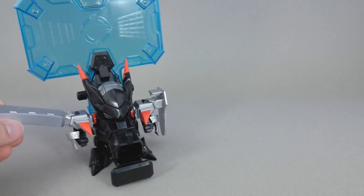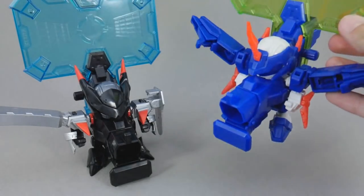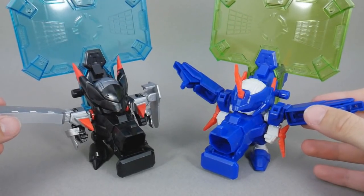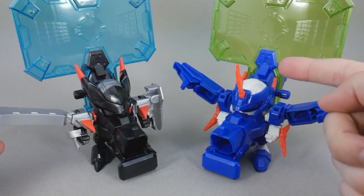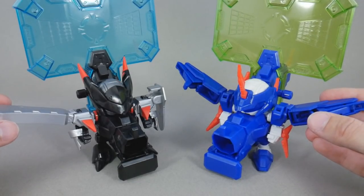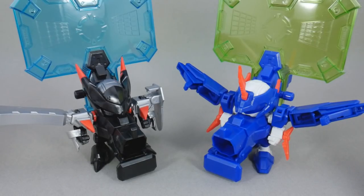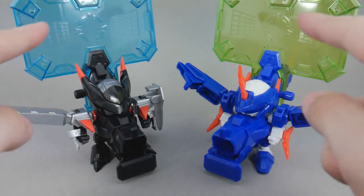So here is Chrome Raven Cyclone, and here is Cobalt Saber Fire. And again, I just think the green on this guy and the blue on this guy looks so much better than the stock alternative. Whew, it's been a long one, but until proper reviews for these guys, where I'll probably show them in the armors as well,